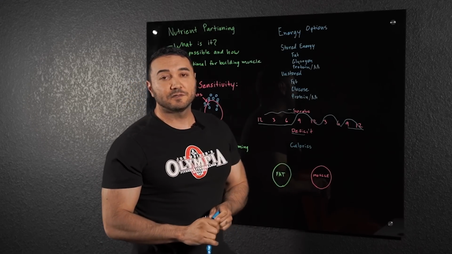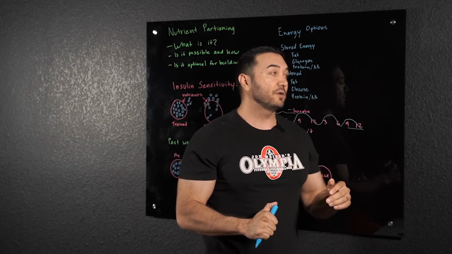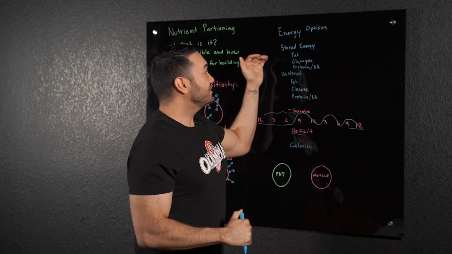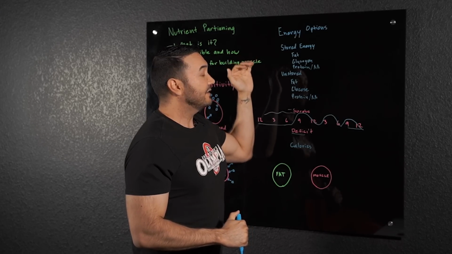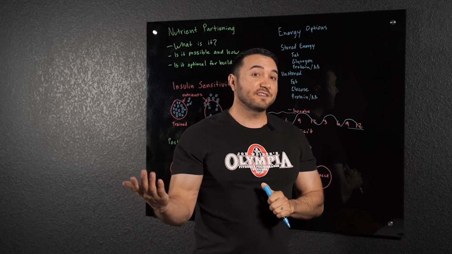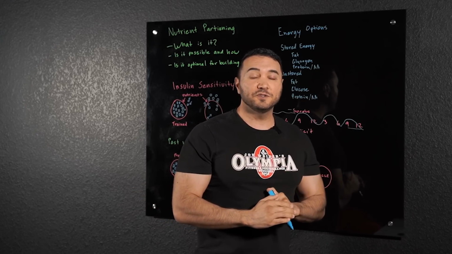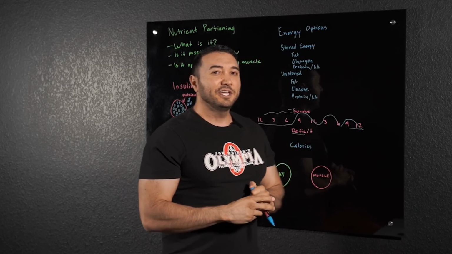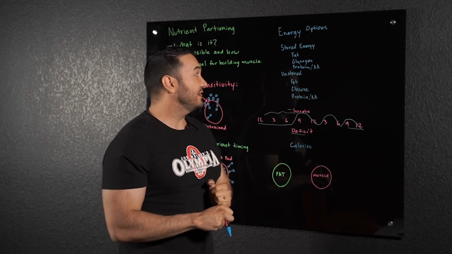That's going to be one of the first things we have to look at when we talk about nutrient partitioning, right? So energy options, we have our stored energy, we have stored glycogen, we have stored fat, we have even stored amino acids from proteins, right? So stored muscle, we can use that as energy too, though it's really unlikely we'll use it. The body can use it and waste away. You'd have to be in pretty extreme circumstances to do that.